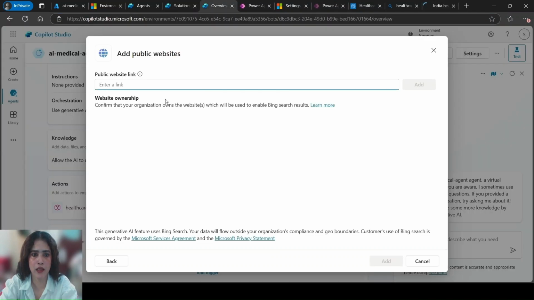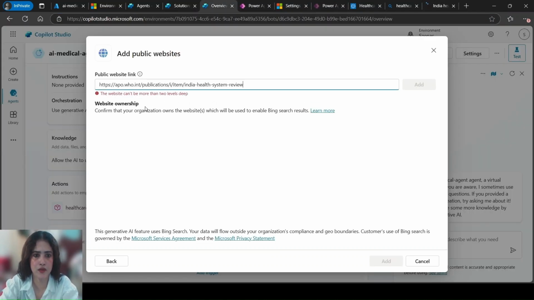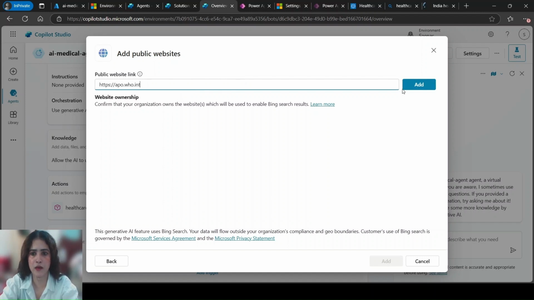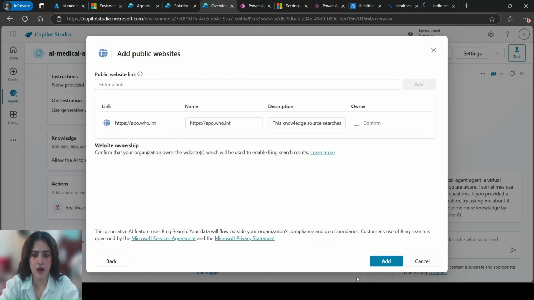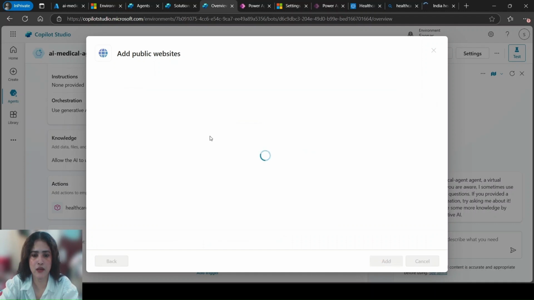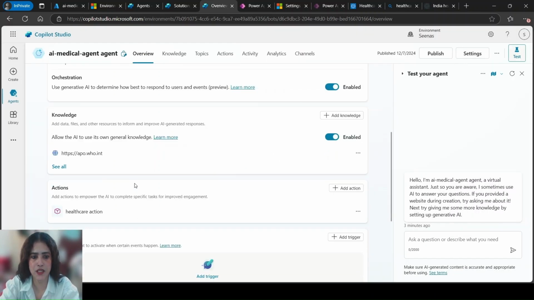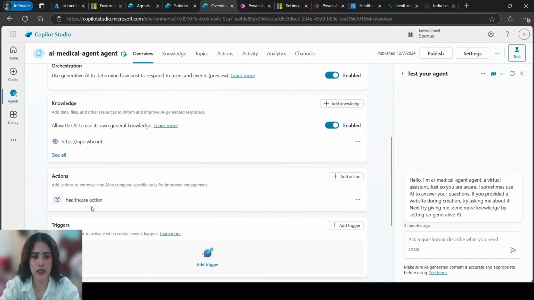If we give this big link, it has multiple levels as well, so the copilot will not allow that. We have to check that it has two levels deep, so we should give the link only up to this level. Okay, this is fine. Then click on add, and then click on add again over here. It will add to your copilot, and the copilot will take information from this website as well, apart from the generative AI. In the actions, the healthcare action is there,